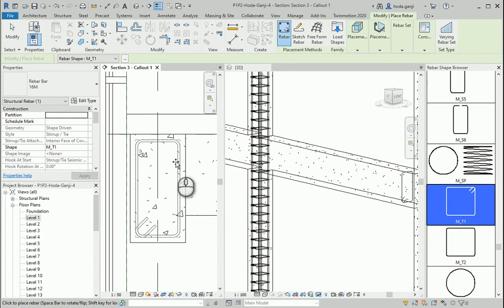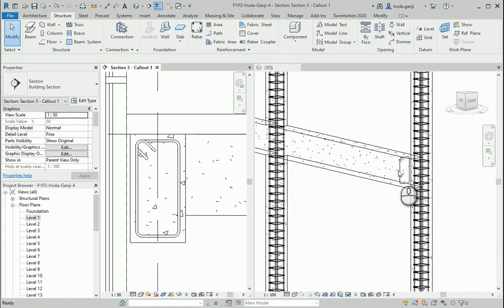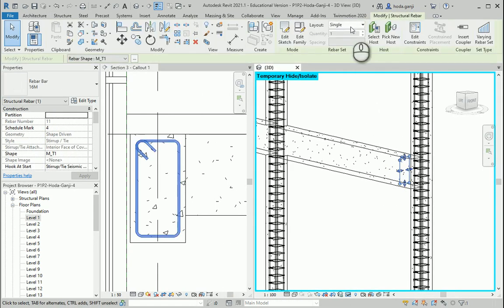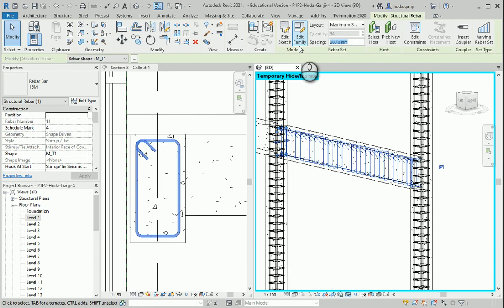You can hit space to change the direction. So I want to locate it here, and I want to click on that and change the number to maximum spacing. Maybe it's going to be every 200 millimeters or something.